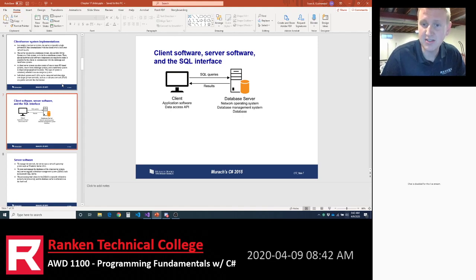Okay, so the database server will likely be a server that holds the Microsoft SQL Server. By the way, the database server is always powered on, right? Because if you power the database off, you can't get access to the data. So it's always powered on, and it's always running the database management system, the Microsoft SQL Server. So that software is always running.